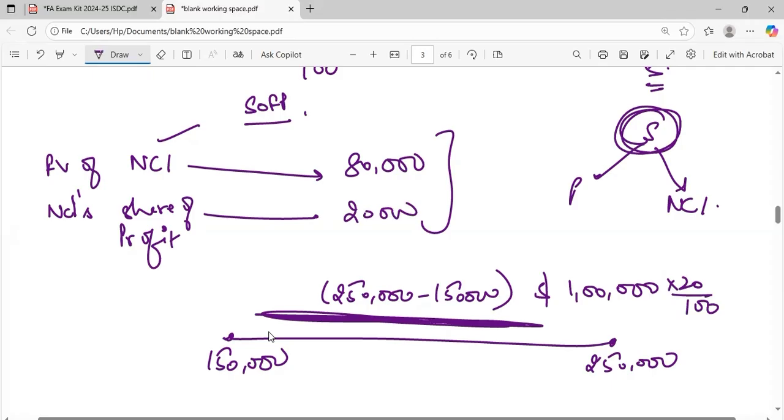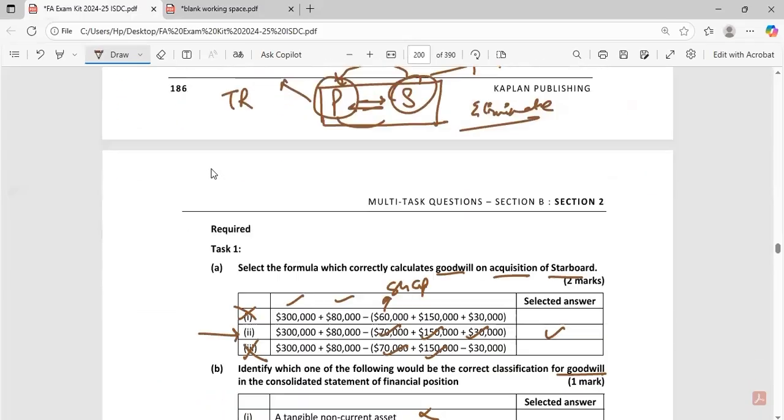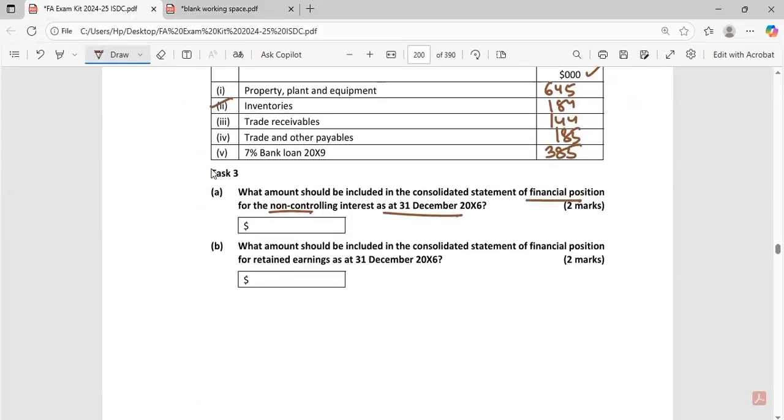So we are going to add both these. So my answer would be 1 lakh. Okay. I took the fair value of NCI. This was directly given in the question. And now I have to take NCI's share of profit. For this, I deducted opening retained earnings from closing retained earnings in order to get the profit figure. Okay. The movement in the retained earnings is the profit figure. And I have multiplied it by 20% because that's the share of NCI. So this is coming out to be 1 lakh. So let's write our answer. So here we'll write 1 lakh. Okay.